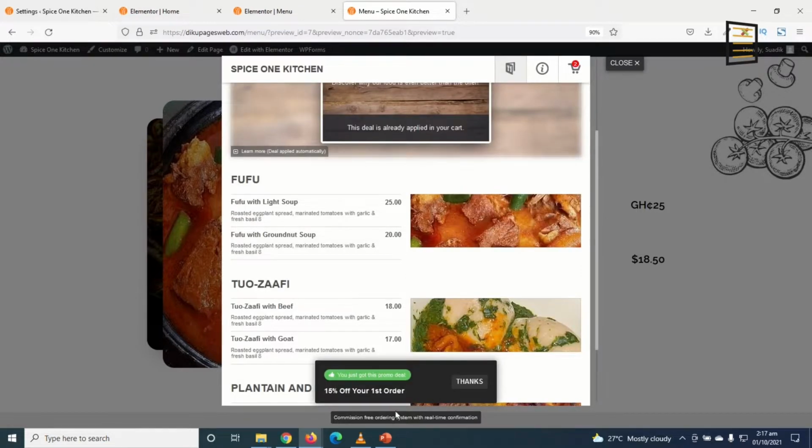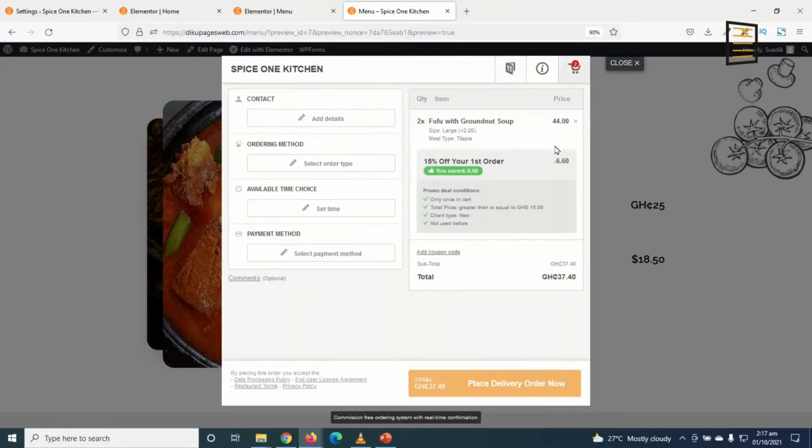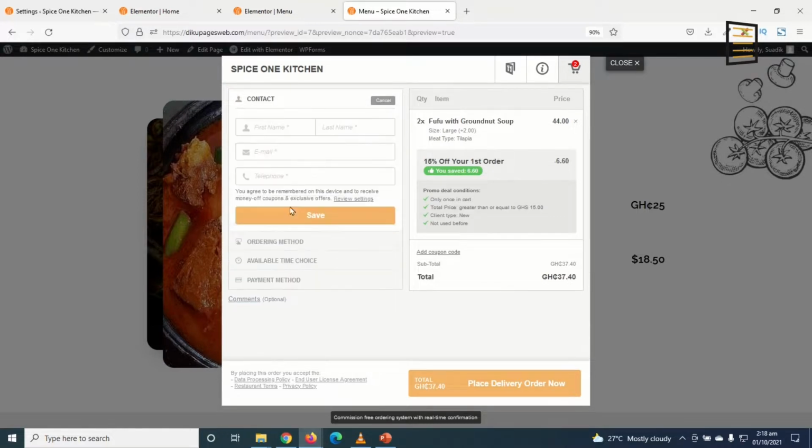You just got a deal, 15% off. Thanks. Awesome. Then I go ahead to checkout. So the total price was 44, and as a result of 15% off, I'm going to pay 37.40 pesos. Then in here I enter my contact details. So I enter my first name,